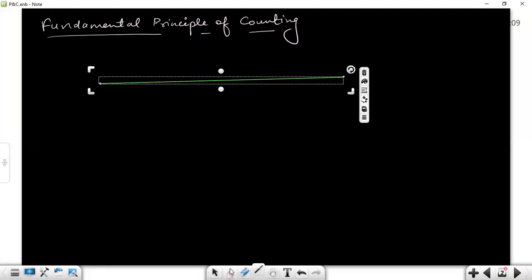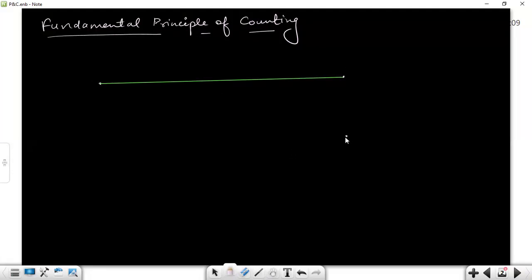Right? What if there are 3 points? How many straight lines can be drawn in between 3 points? One, and another one can be drawn from here to here. Yes, another one can be drawn from here to here. So there are three number of ways. There are three possible straight lines. If I increase one more point, then